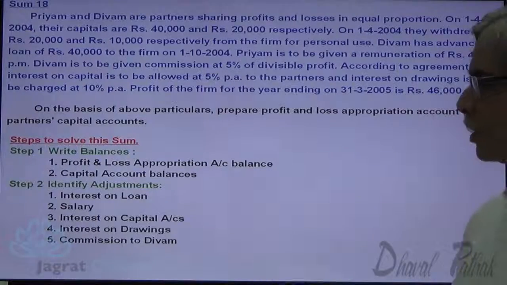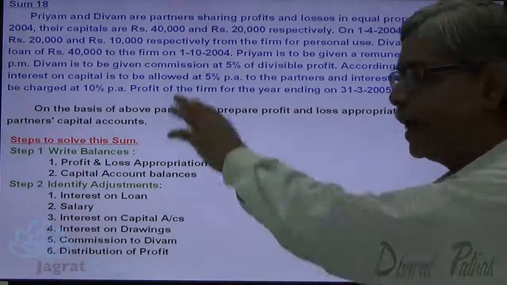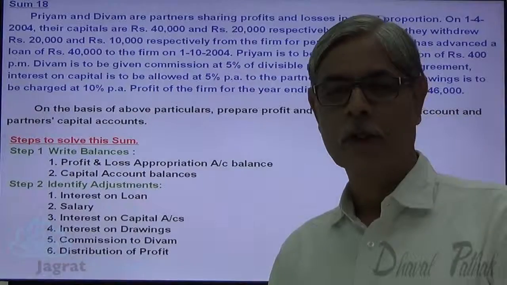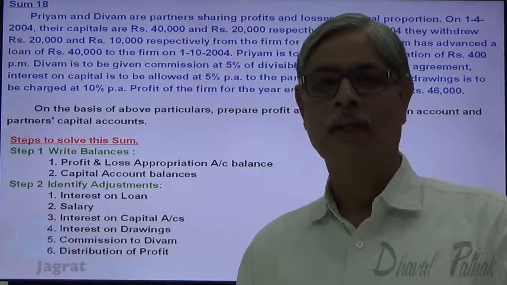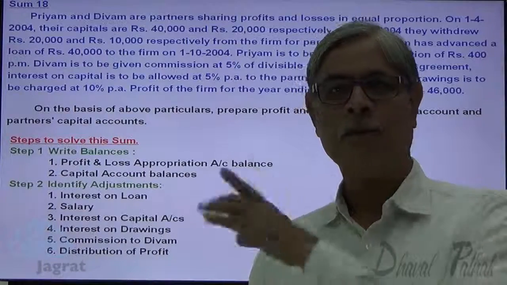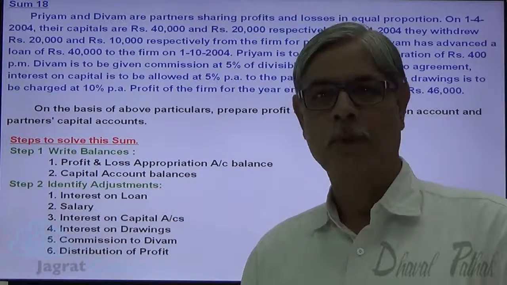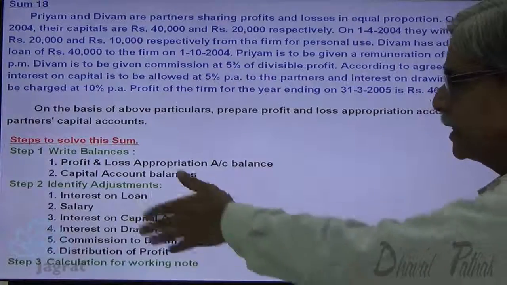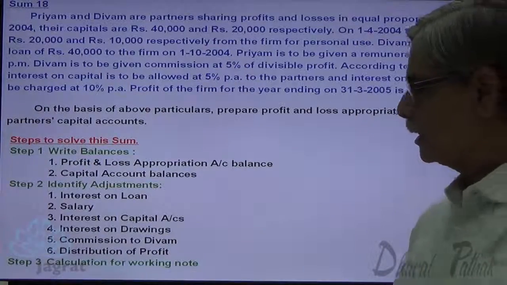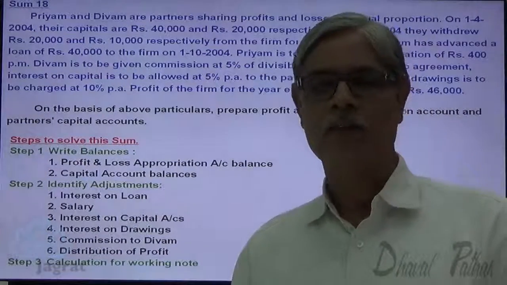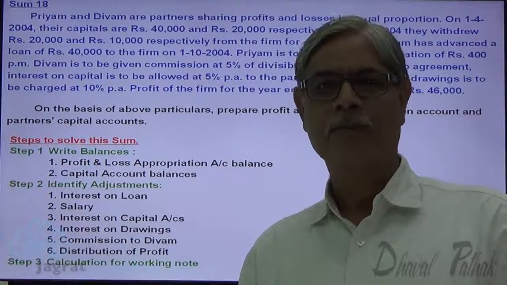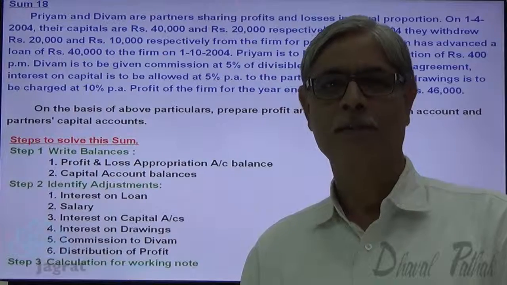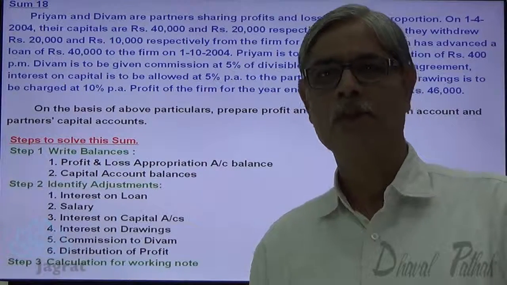For the purpose of solving the sum, we are required to make necessary calculations also. After giving the effect of this adjustment, whatever the divisible profit is left, that will be distributed amongst partners in the ratio of profit sharing. For all these things, we shall also demonstrate the various calculation, interest calculations, etc. After explaining the steps required for the purpose of solving the sum, now I want to solve the sum. Just observe.